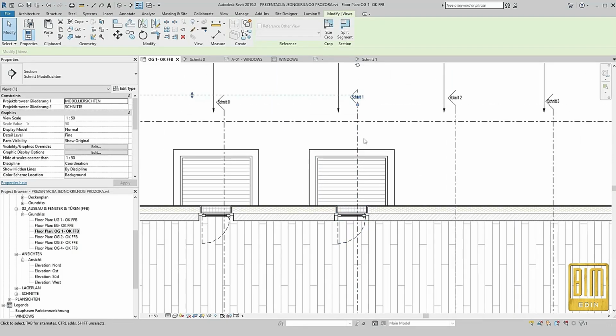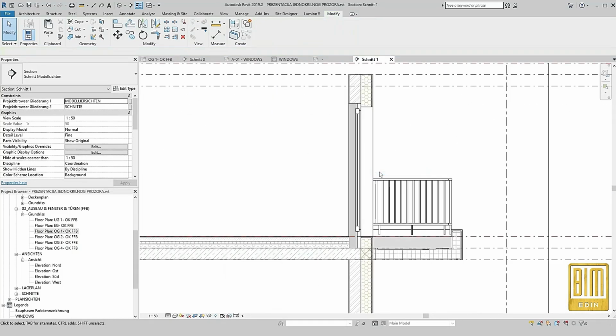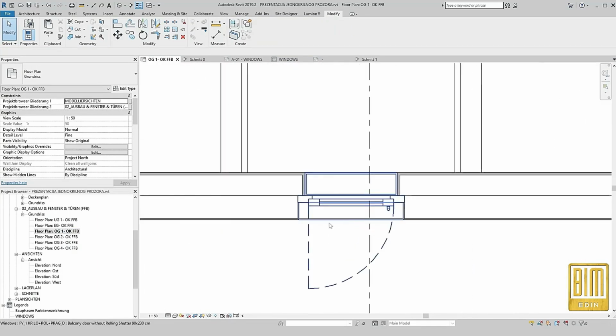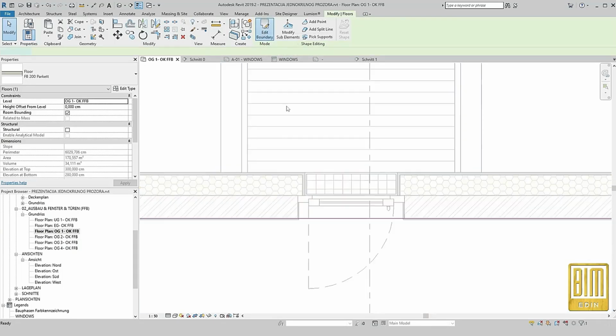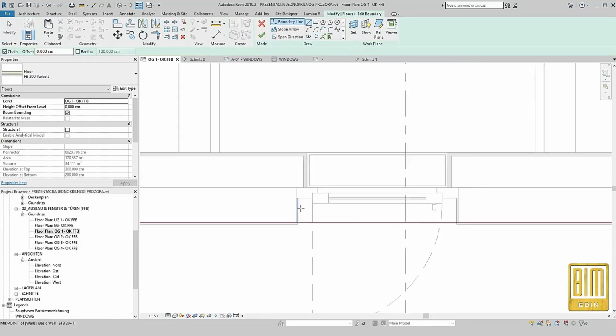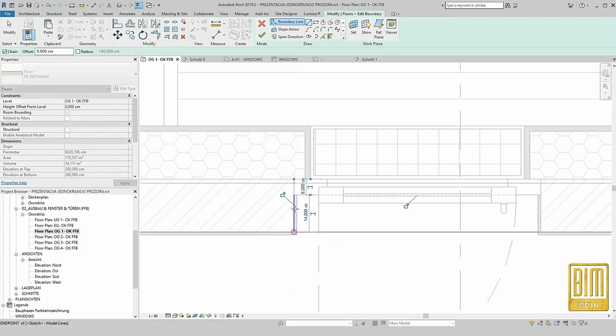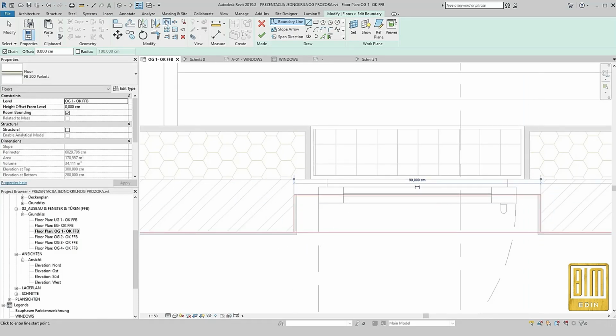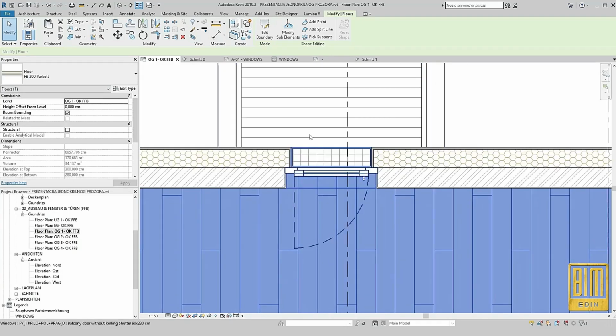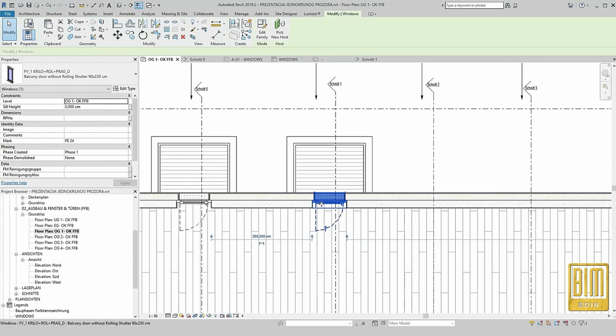All right, I will move this section a little bit. All right, now I will select the floor and I will modify the floor in this part here. All right. Okay. And